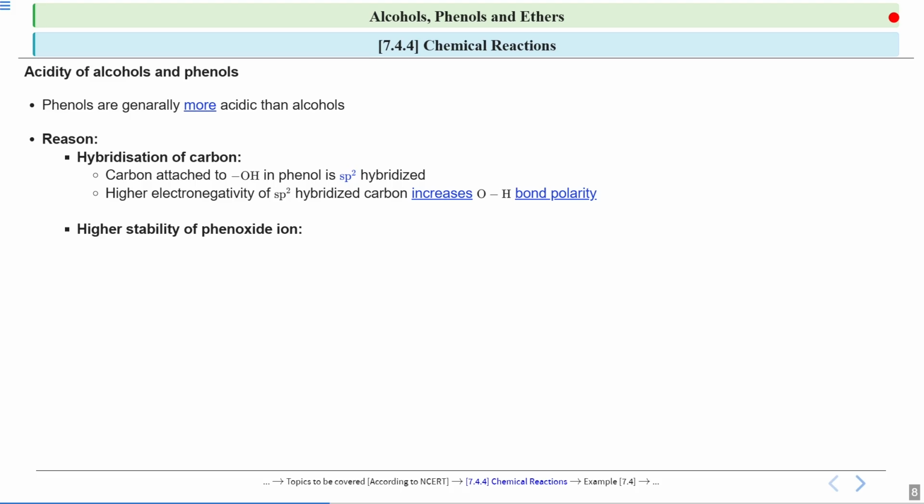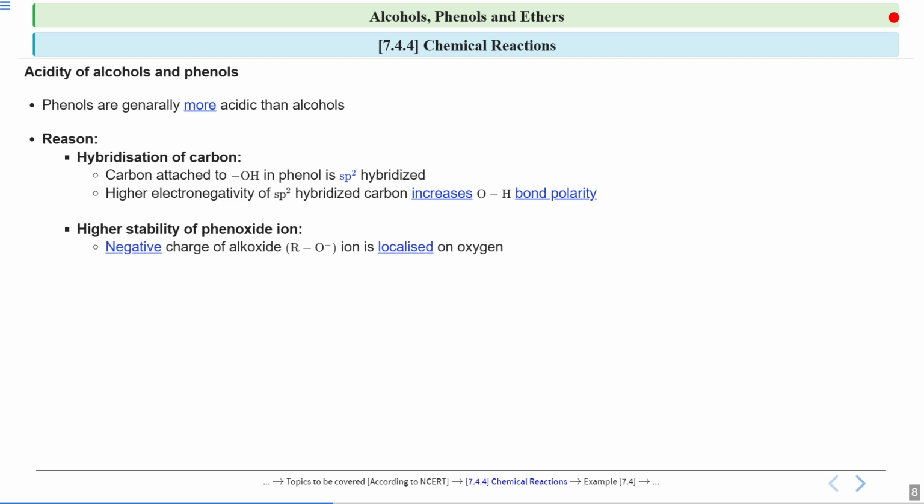You all know that in case of phenols, there are resonating structures. Now, since the electron density on oxygen is not localized, it is delocalized, so there will be resonating structures. So if the electron density is not localized in oxygen, it will withdraw the shared pair of electrons from this hydrogen, and the bond will become more polar and H plus will leave easily. So I hope now the reason is clear why your phenols are more acidic, because they donate H plus more easily as compared to alcohols.